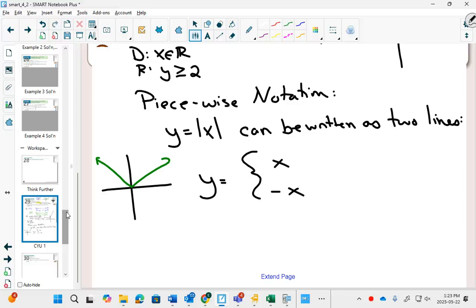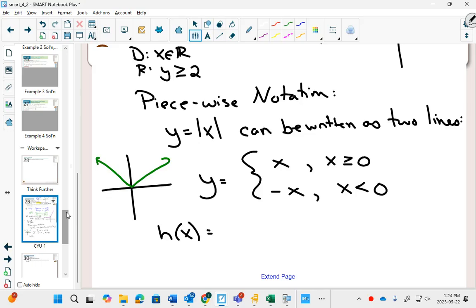Do you see that you only have this one when the x values were bigger than or equal to 0? Like when the x values are on the right-hand side, we have y equals x. When the x values are on the left-hand side of the y-axis, we have y equals negative x. So what we do is we break up the domain into two different pieces. The piece when the x values were bigger than or equal to 0, and the piece when the x values were less than or equal to 0. So this is piecewise notation for y equals absolute value of x,